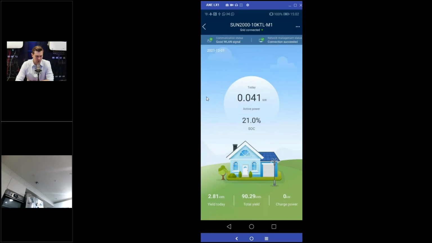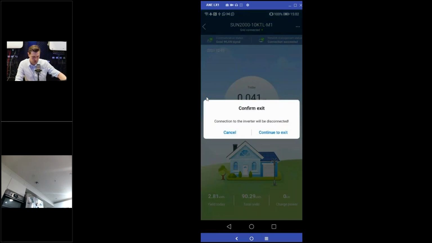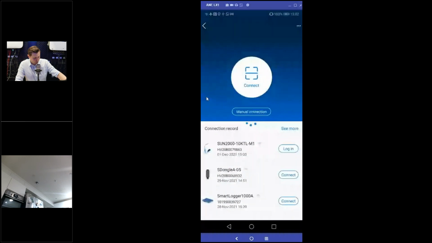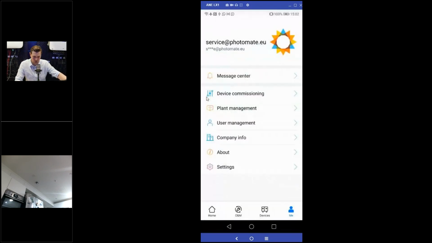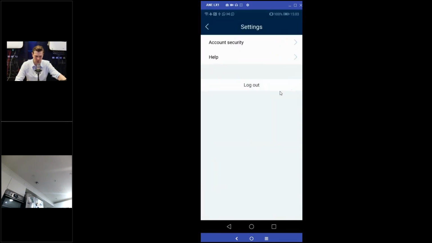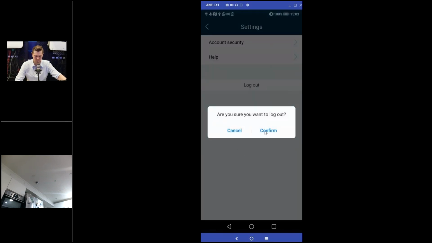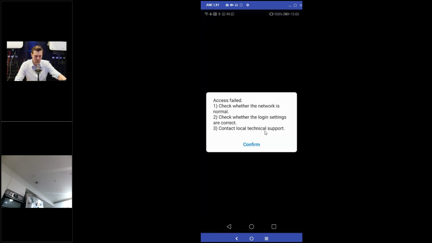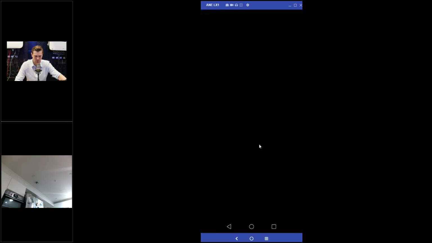One more thing I have to tell you before I finish answering this question. I will exit this app, because if the user has the owner account, not the installer account, he won't have this menu here. So he won't be seeing this device commissioning. But let's log out from the system. Okay,